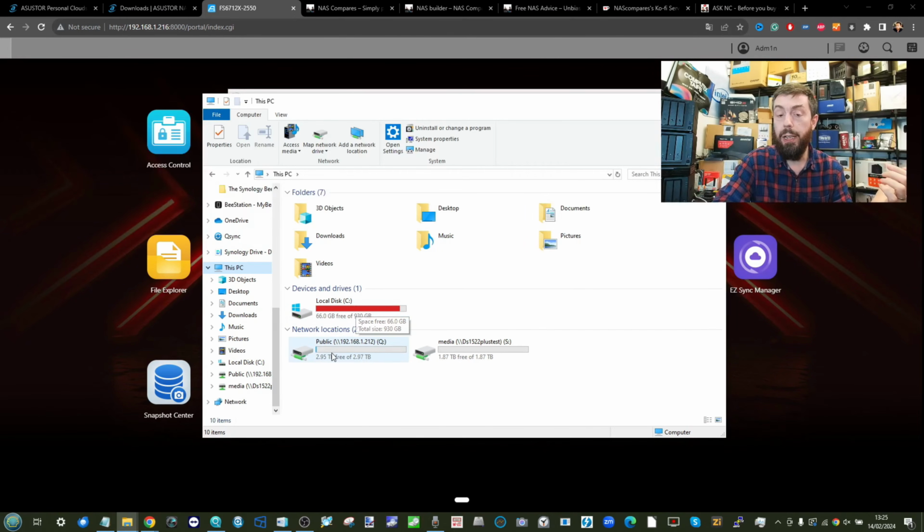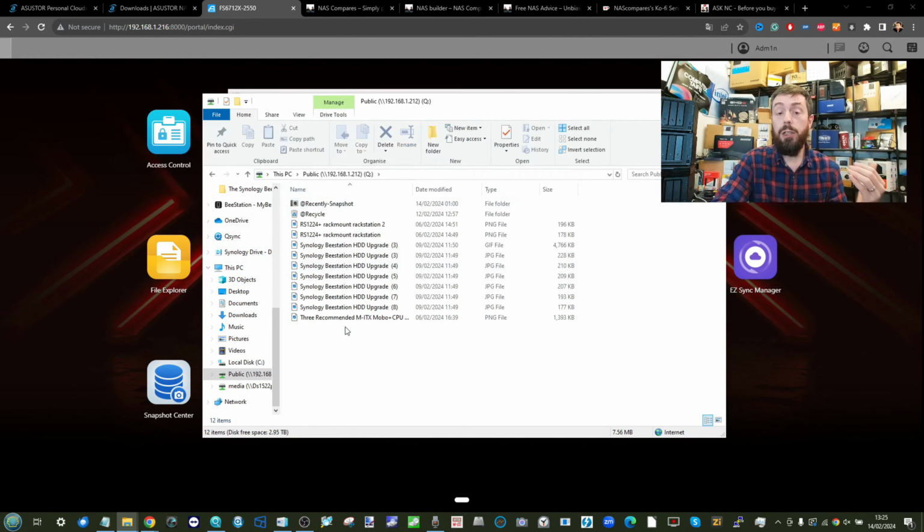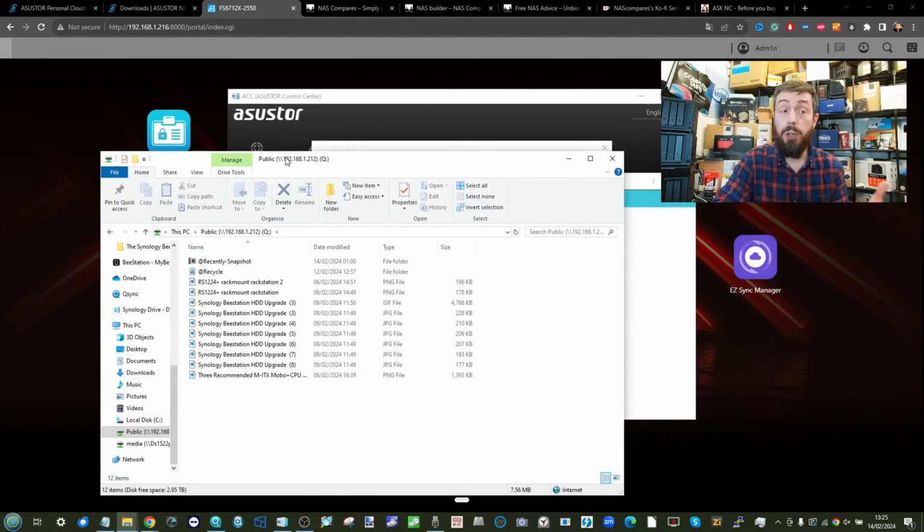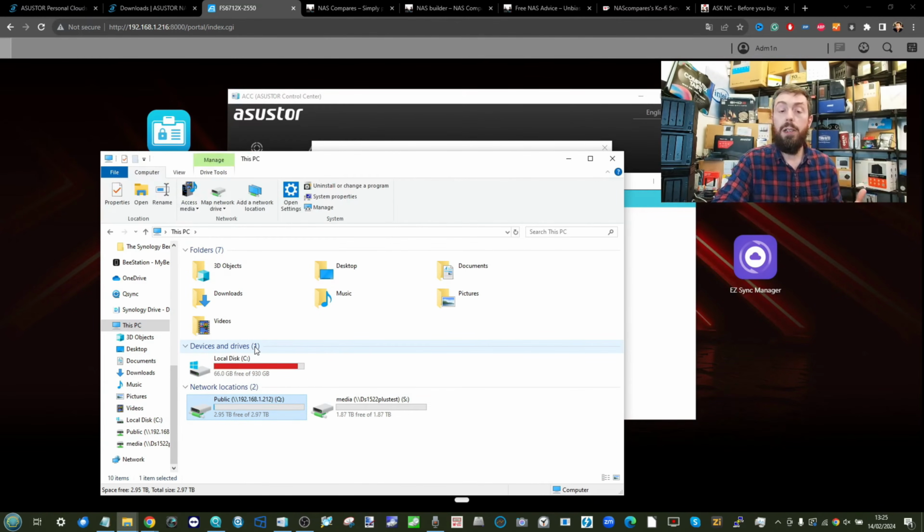Because what we're doing right now is creating, if we go onto our local PC here, you can see there's my local machine, but there's two drives under here. These are known as mapped network drives. These are the drives that allow me to see the contents of a NAS on my local machine using my local file explorer, working for Mac, Windows or Ubuntu Linux. Now, again, as mentioned, we will be talking later on about Easy Sync Manager soon, but for now, it's worth talking about this rather easy way to allow your NAS to be visible as a nice, easy bucket container